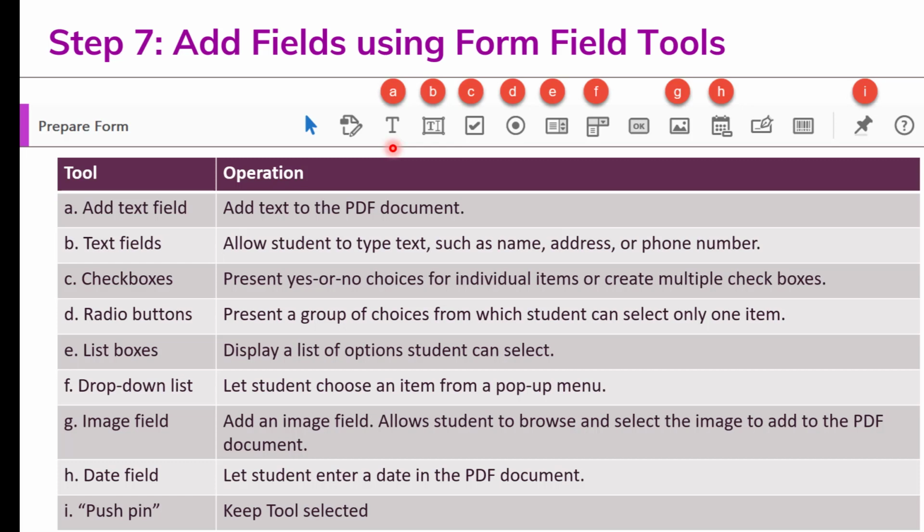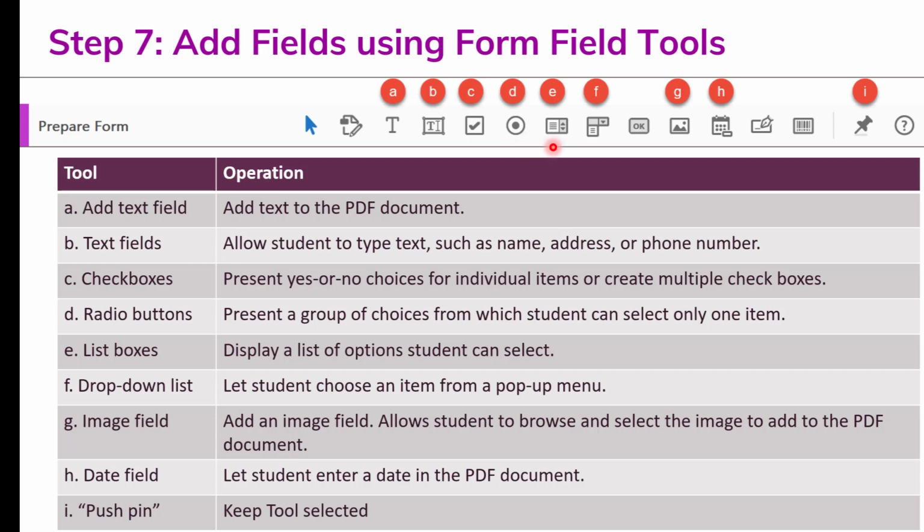A true form field would be the text field, where students can type any text they are instructed to type, either short or longer, paragraph-style responses. You can create checkboxes and present simple yes and no choices, or create multiple checkboxes depending on what you'd like to elicit. Radio buttons are fun ways to present a group of choices from which a student can only select one item, like true or false.